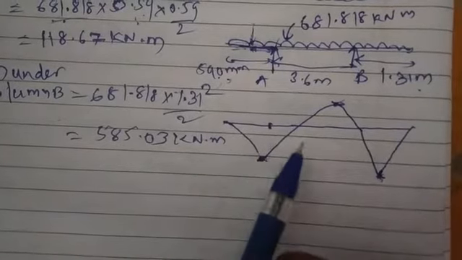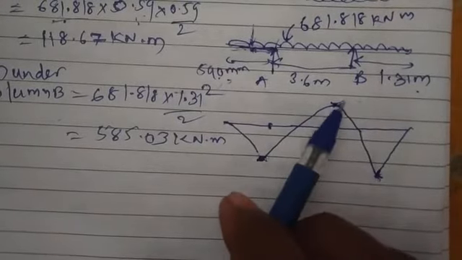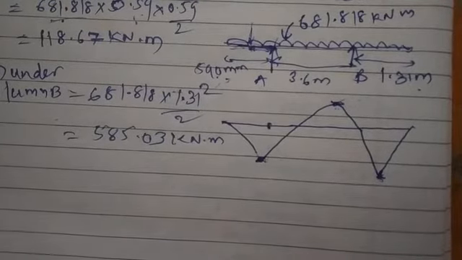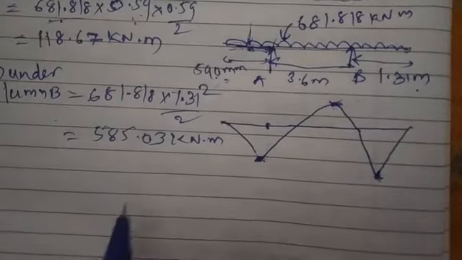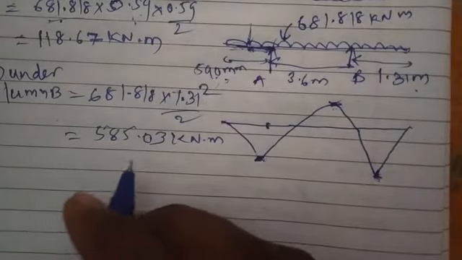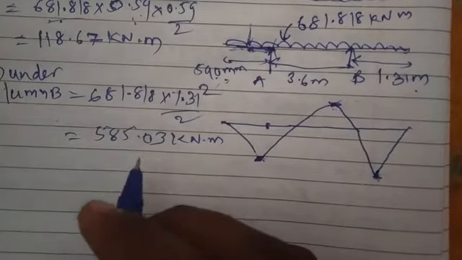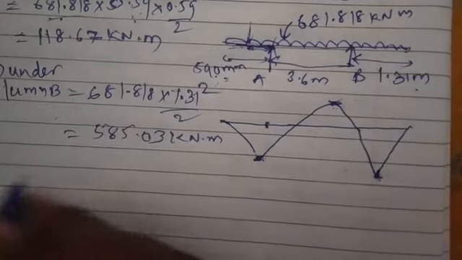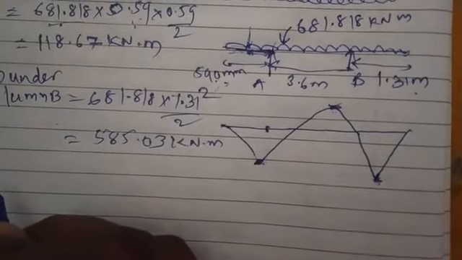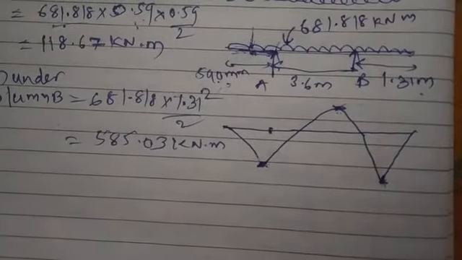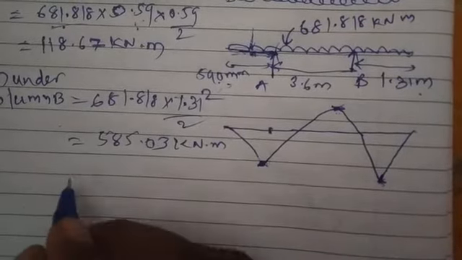Now we are also interested in this hogging moment, because we wanted to know the maximum value of bending moment for calculation of depth. So first of all, we'll determine where the hogging moment will be maximum. We know that the hogging moment is maximum where the shear force is 0. So the effective force acting on the point is 0. So in order to calculate the effective force from one column, we'll take column A, that is from left side.